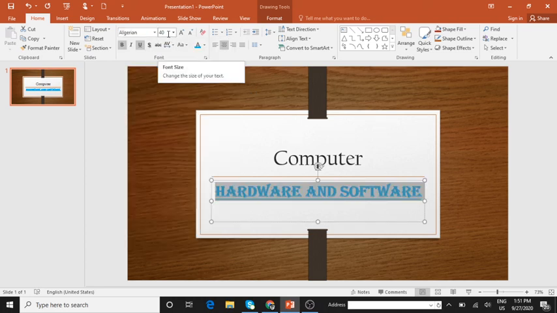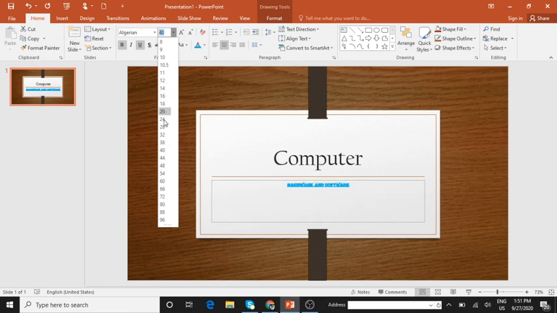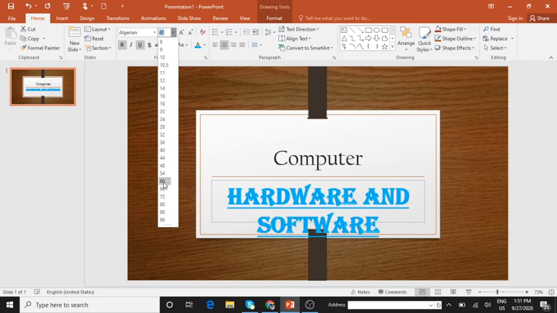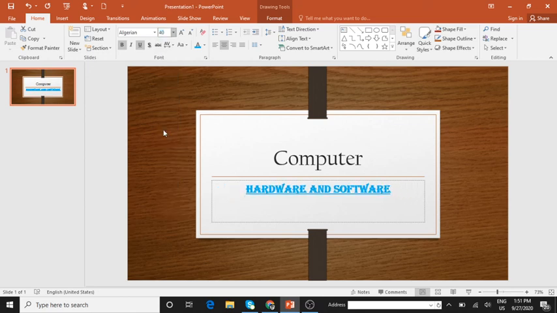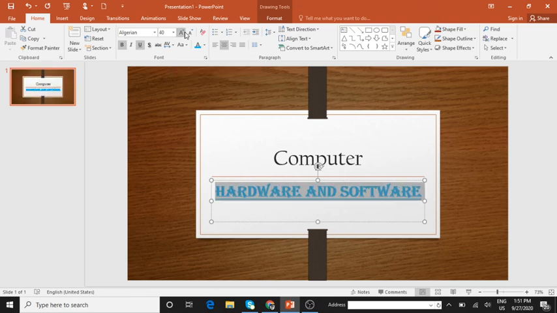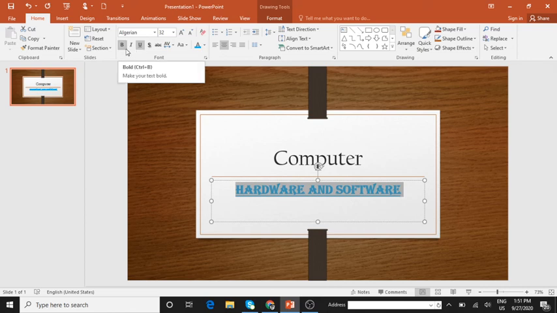Okay, then font size, it helps to change the font size. Got it? Then increasing font size, this is used to enlarge the text. Okay, decreasing font size, it is used to decrease the size of the text. Then bold button, this increases the thickness of the text.